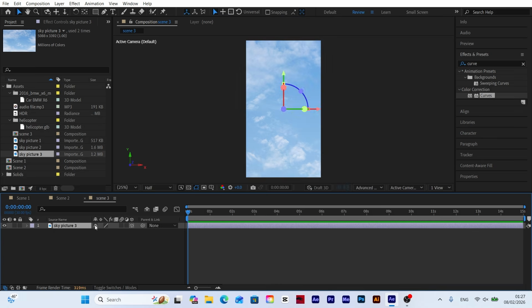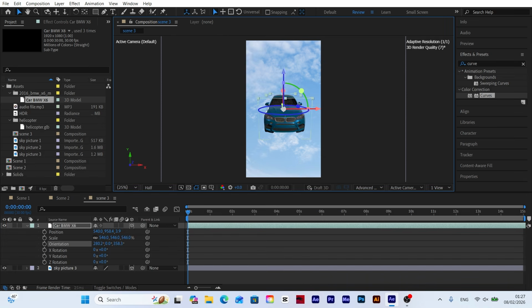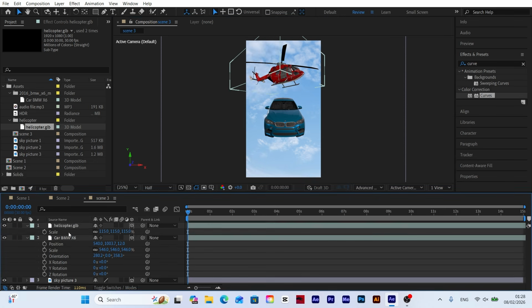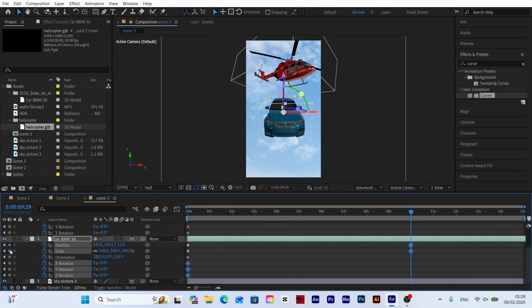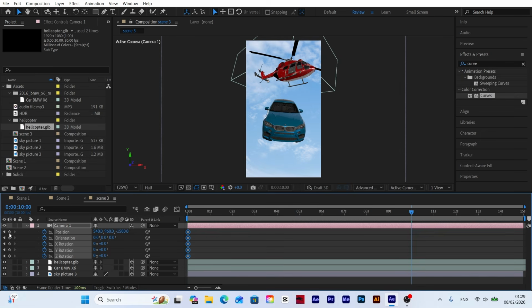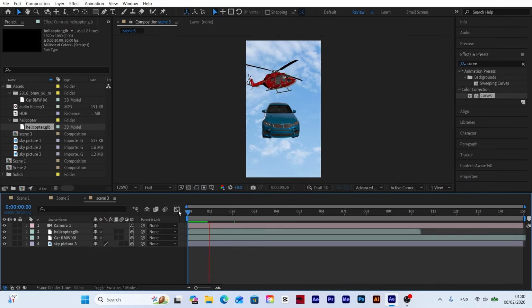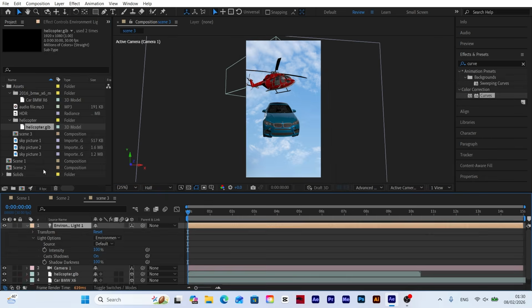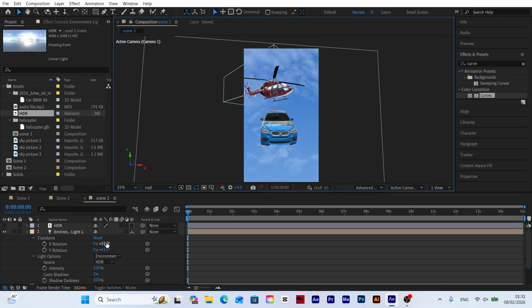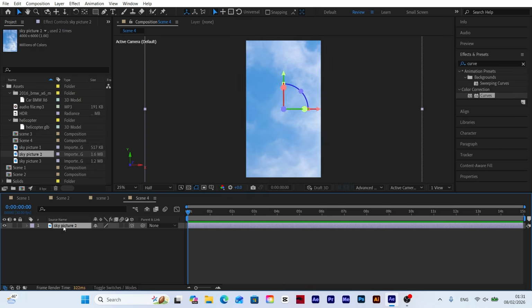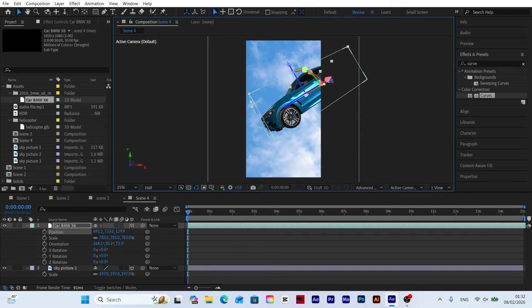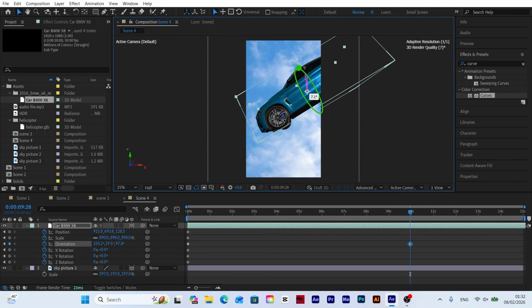To keep the video concise, I won't go through each scene step by step. The reason is simple. The processes we applied are almost exactly the same across all scenes. The steps you saw in the previous scenes, placing the car and helicopter, adjusting position and rotation, creating keyframes, adding the sky and lighting, and supporting the scene with motion blur and shadows, are repeated in exactly the same way